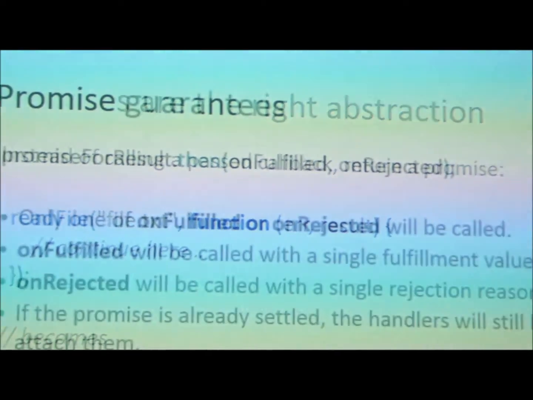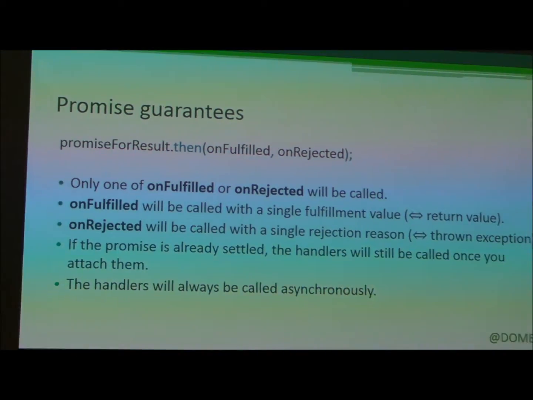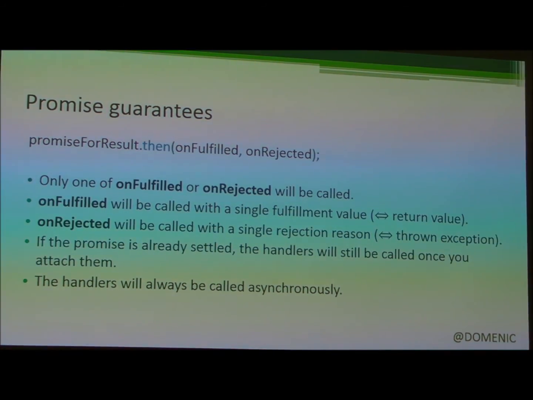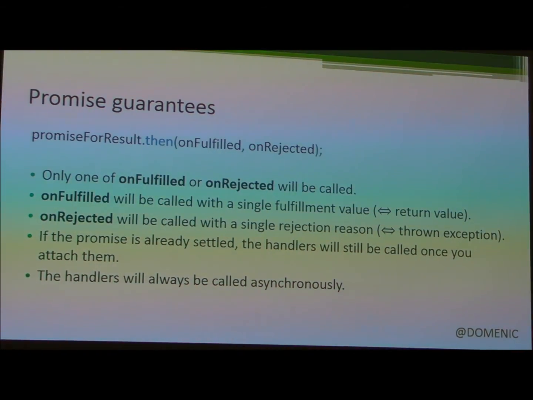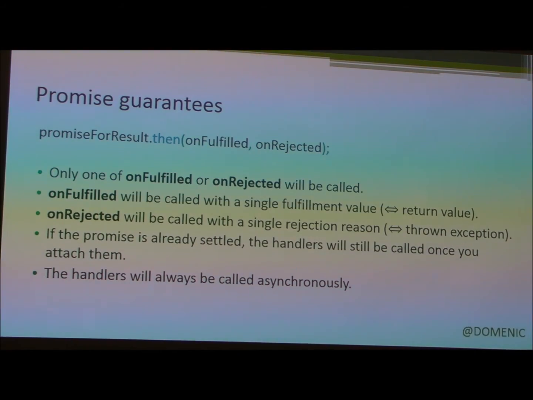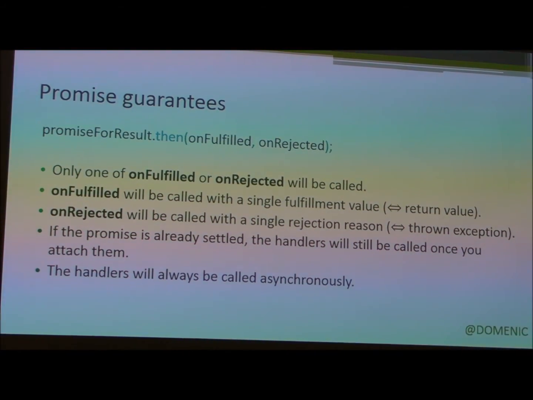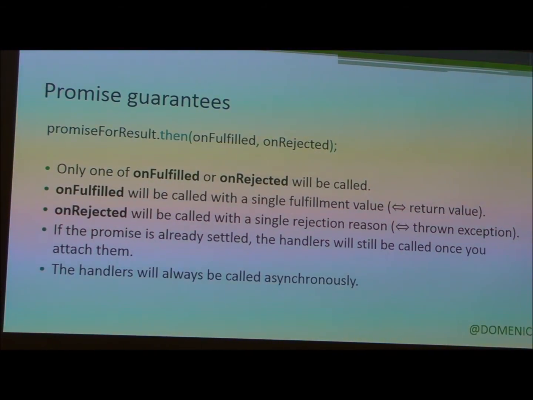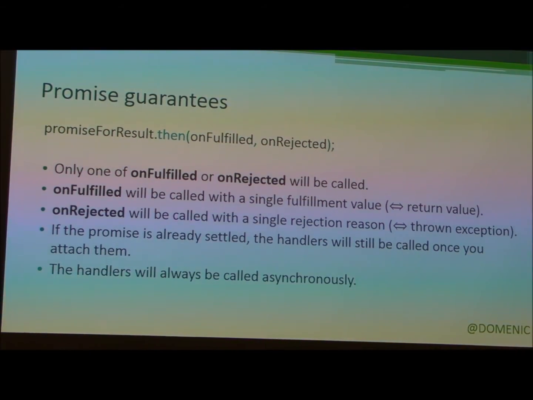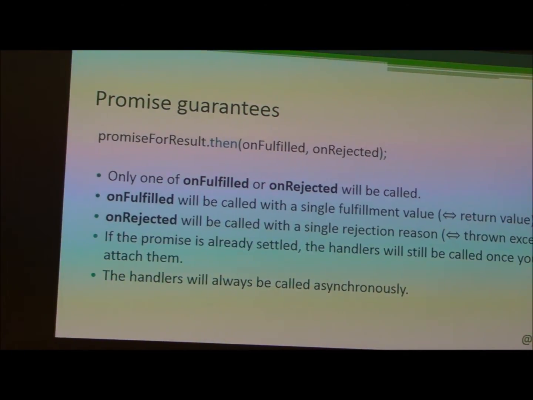That's nice, but by the nature of promises, we also get these guarantees. The way that you access a promise's value is you have this promise object, which we got in the previous slide by calling the function, and now we call .then on it and pass it two functions: the onFulfilled handler, for when the promise is fulfilled, and the onRejected handler, for when the promise is rejected. The power of promises comes from their analogy with normal synchronous code. The idea is that we maintain the same guarantees that synchronous code and a synchronous call stack would, via these guarantees about the onFulfilled and onRejected handlers.